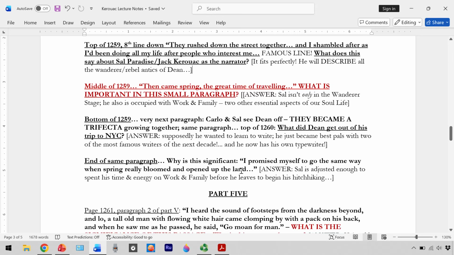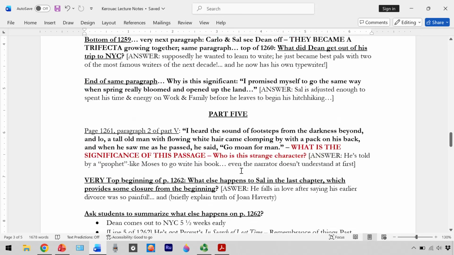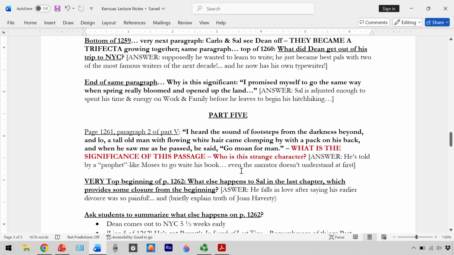Great. Let's look at this. So now I'm going to scroll down a little bit, but we're still looking at the very top of the page. Carlo and Sal see Dean off. They became a trifecta, growing together, blah, blah, blah. What did Dean get out of this trip to New York City? So I'm asking that to my students. What did he get? They have to look and think about it a little bit, and then eventually somebody